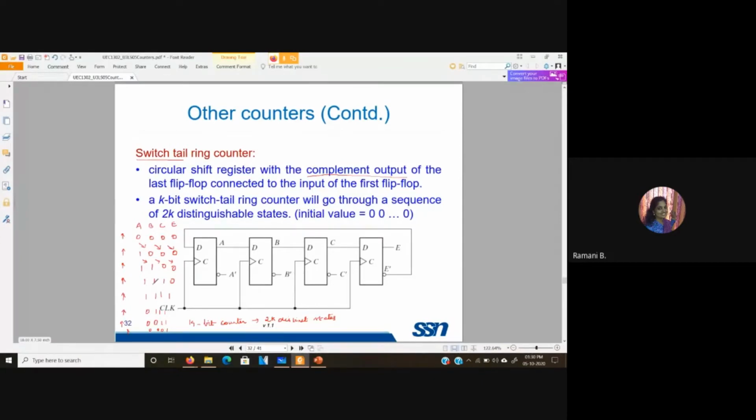However, here this switch tail ring counter has a disadvantage. That is, due to some error, let us consider that you are getting into the sequence 1011. I am randomly taking. You don't have this 1011 anywhere here. Okay. So let this be A, B, C and E. So with one particular clock, you could say that instead of getting this all 4 ones, this B alone somewhere got some error and got a value of 0.